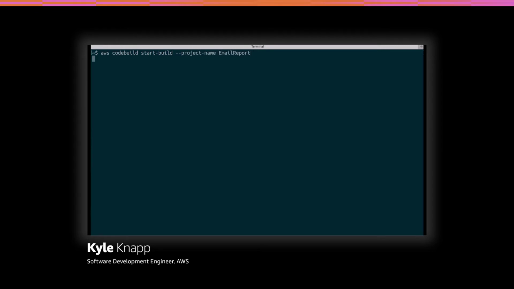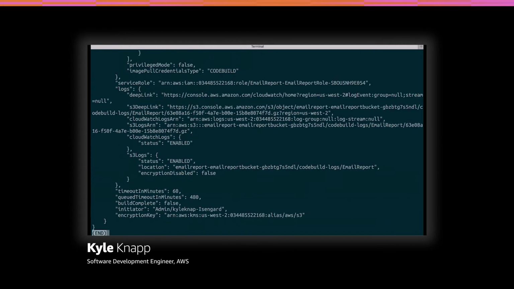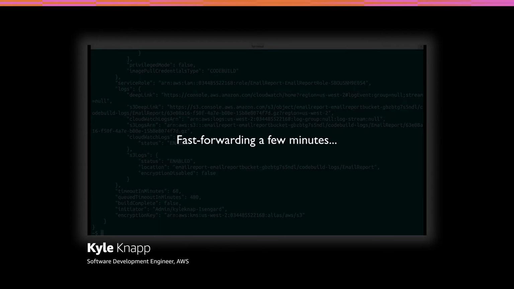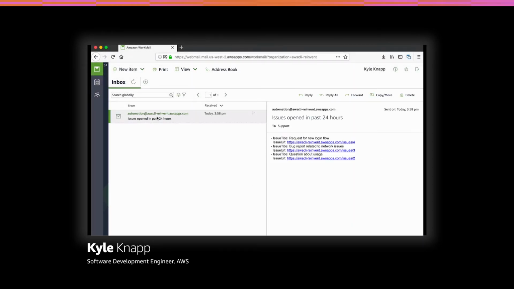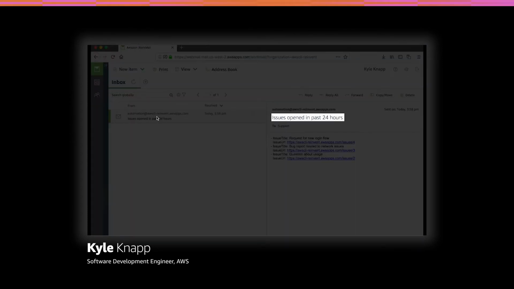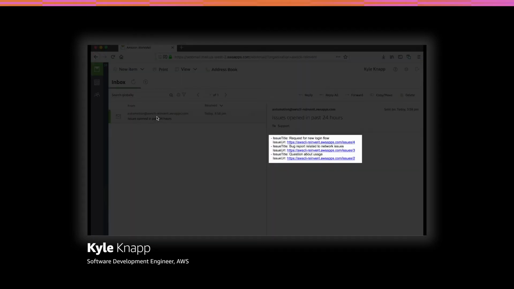And after executing the command, we can wait a few minutes for the build to complete. Then we can go to our email client via the browser, and we can see that we have a new email. And in the email, we can see it's related to the issues opened in the past day. We can see the email is sent to support, which is just a shared team alias that I belong to in this demo. And we can see the content of the email is a list of 3 issues that include